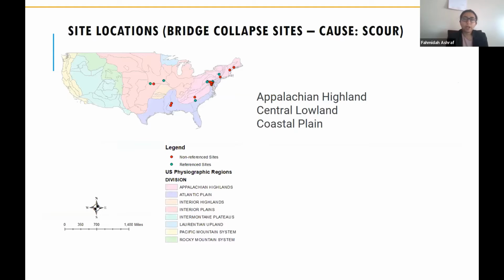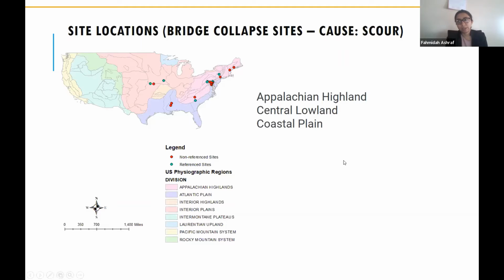So when I select sites, I typically focus on these regions. There are all other regions that are highly unstable, but we do not have data. So I try to select some sites where we have highly unstable physiographic regions and where we also have some indication that hydraulic collapse occurs now and then.